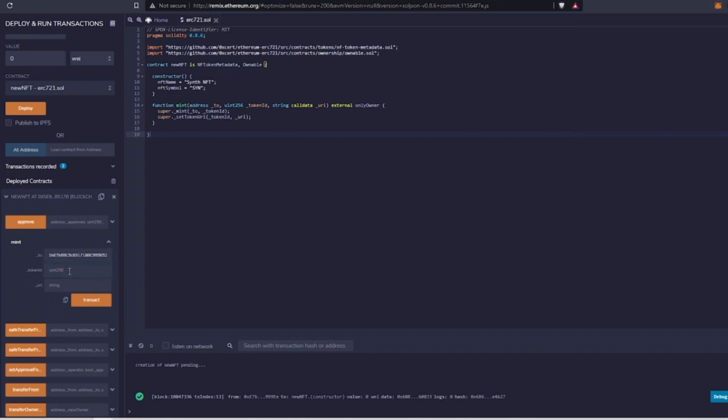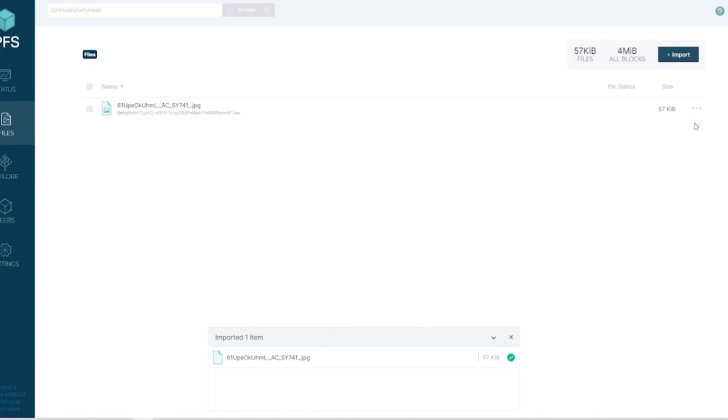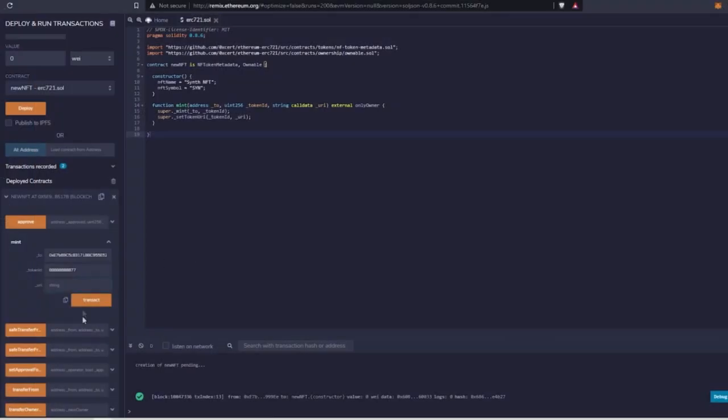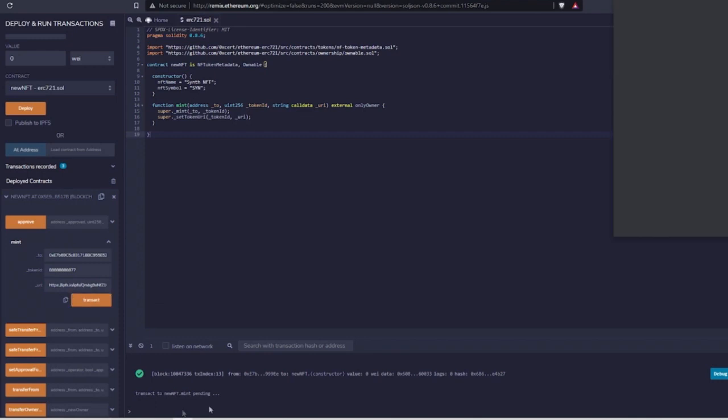Token ID is going to be the unique ID, so you can put a number that is going to be the ID for your token, and you need to put the token URL, and the token URL is our IPFS URL. Okay, so let's copy this one, and I will put the token URL and click transact,